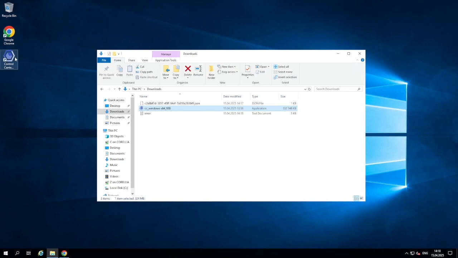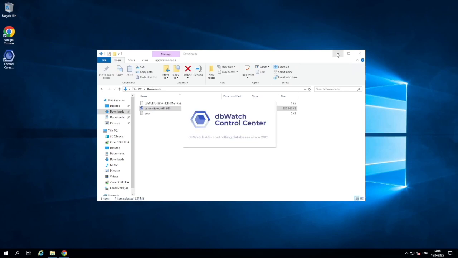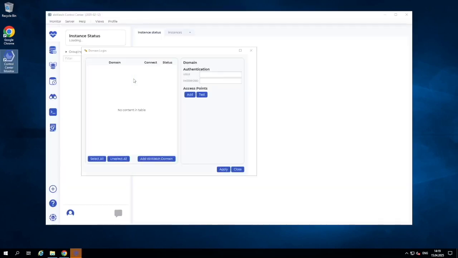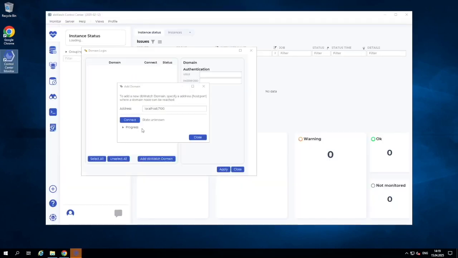We will get the client installer here. So we can double click, and it will prompt us to allow us to connect to the dbWatch server by default. The first step when we are setting up the dbWatch software is that we have to connect to the dbWatch server.